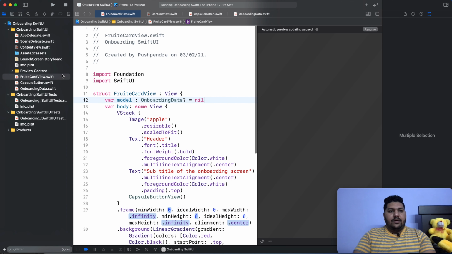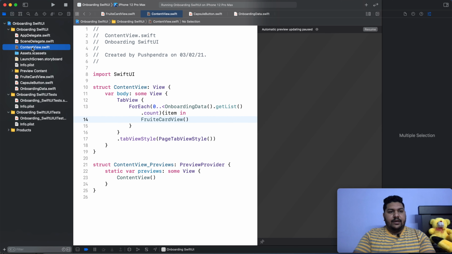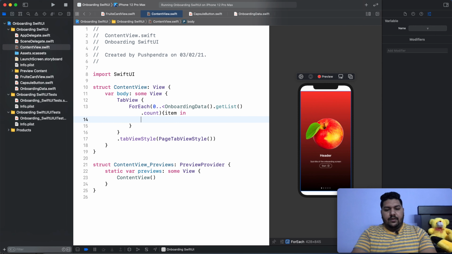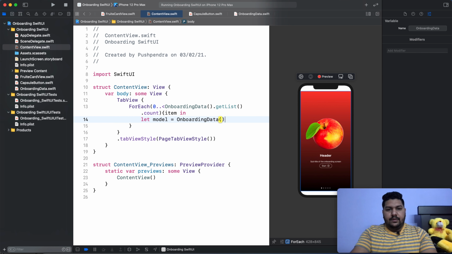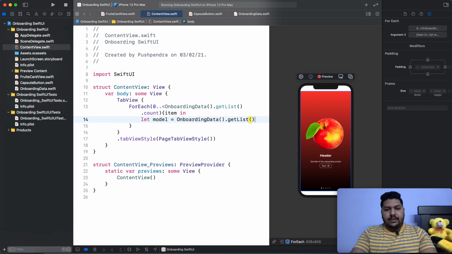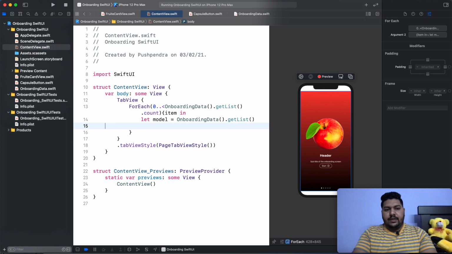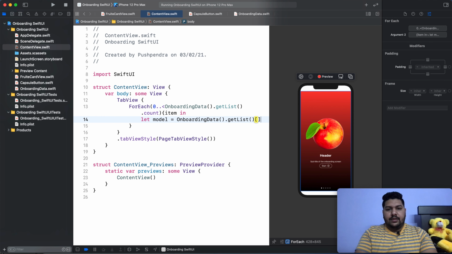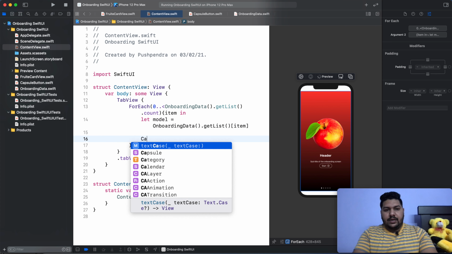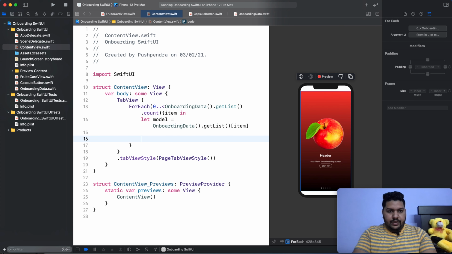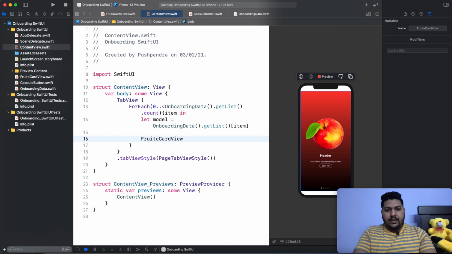Okay, now I will send the same data from content view. Now I will take let model equal to onboarding data dot get list, and from list I will take the item. Okay, now I will pass fruit card view, and here I am going to pass my model.